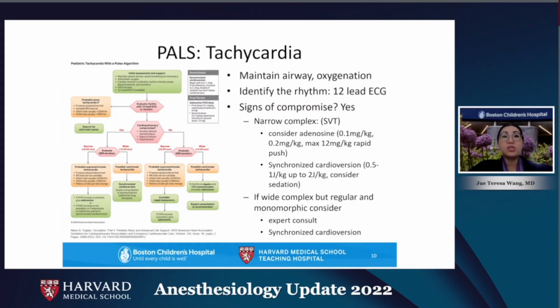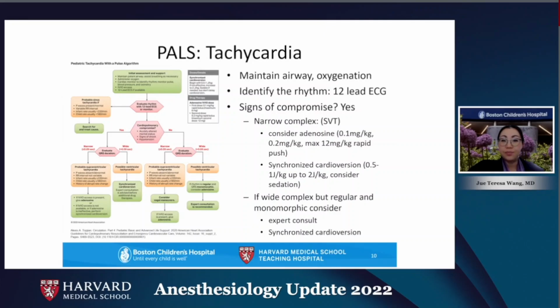However, if the patient has a tachycardia rhythm and you have identified that there are existing signs of cardiopulmonary compromise, such as altered mental status, hypotension, hemodynamic instability, and the 12-lead EKG reveals a narrow complex, this may be symptomatic supraventricular tachycardia. Treatment could be with either adenosine at 0.1 milligrams per kilogram, escalating to 0.2 milligrams per kilogram with a max of 12 milligrams push, or if the patient is very symptomatic with severe signs of hypotension, synchronized cardioversion